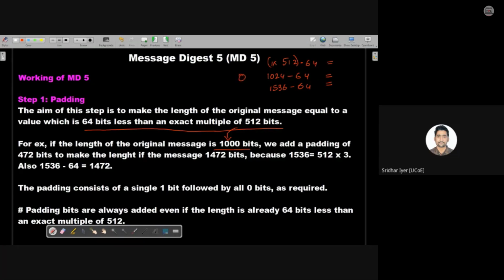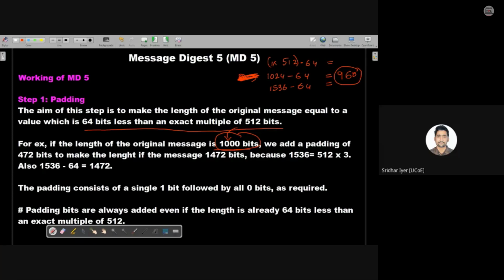Consider this second one. The first one is not possible anyway. Consider this second one. If we do 1024 minus 64, how much will the answer be? I guess 960. Correct. So can we basically convert this 1000 bits into 2 blocks? Is it possible? Now it is very much clear, I guess. Do you understand what I'm saying? Yes or no? So we can't accommodate the 1000 bits in 2 blocks because